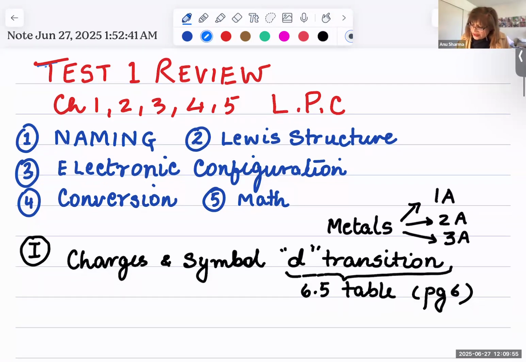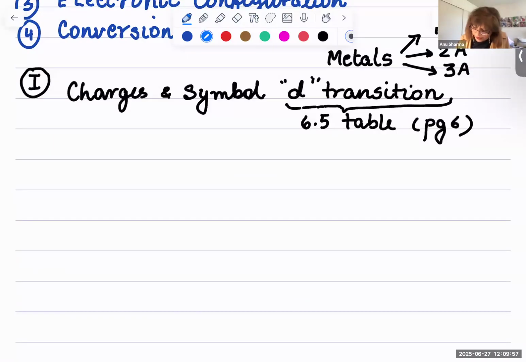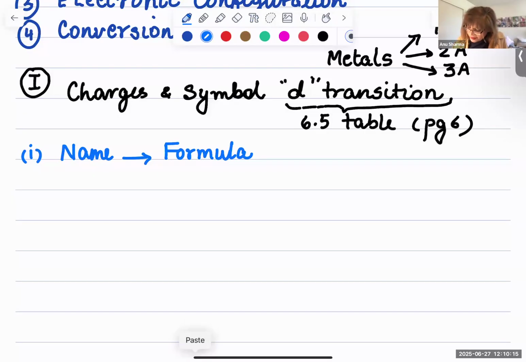Now, let's look at the kind of questions that can be asked. I can say a direct, simple one, like write the formula. So the name will be given to you, and you will be asked to write the formula. So simple questions can be the name of ionic compounds, like for example, iron,